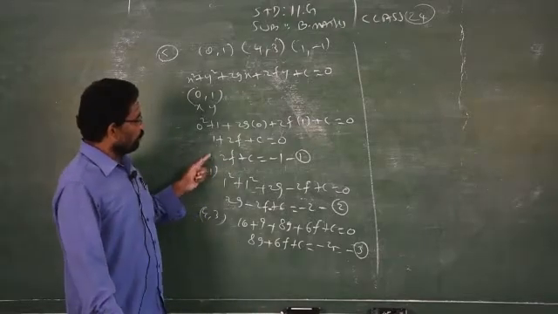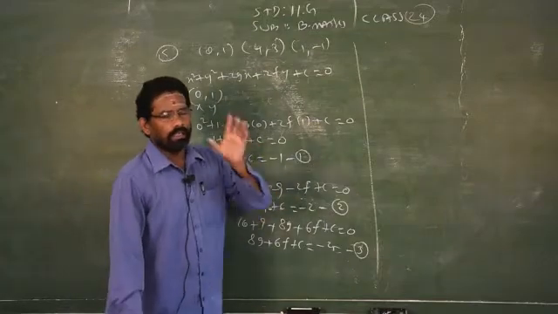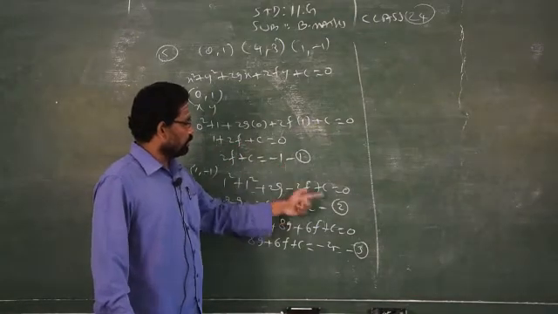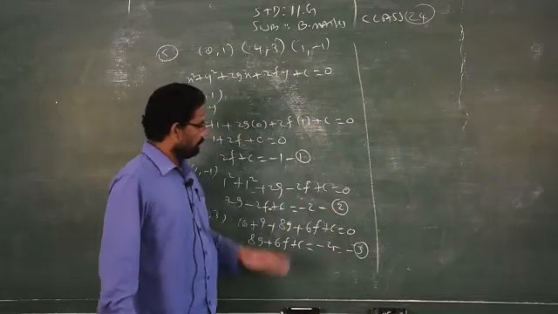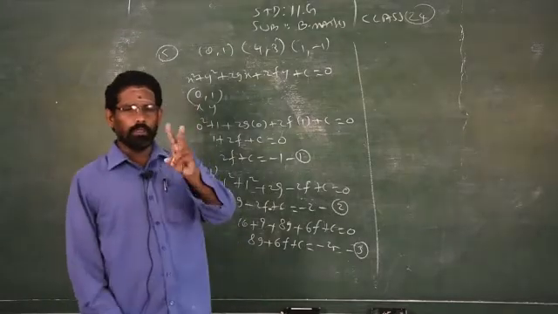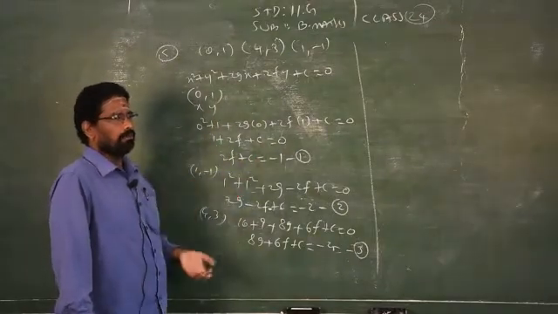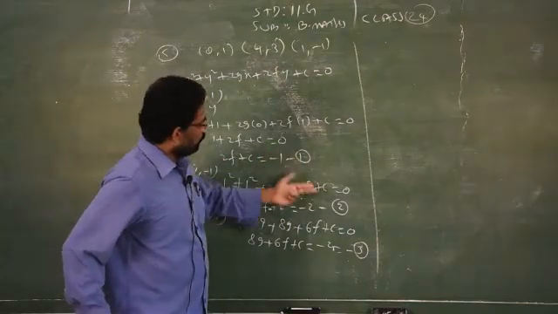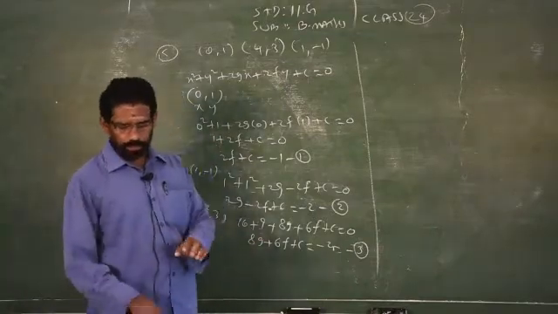Clear? So understand that it depends upon equation 1. If equations 1, 2 and 3 all consist of the 3 variables, in those cases eliminate c from equations 1 and 2 by applying the elimination method. Then consider equations 2 and 3, eliminate the constant c again, and you will get 2 equations in terms of the 2 variables g and f. Again apply the elimination method and we can find g and f. Once you know g and f, take any one of these 3 equations and substitute those values, and you will get c. This will be there in the example problems.